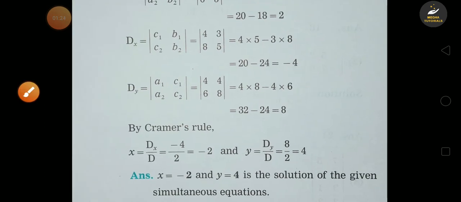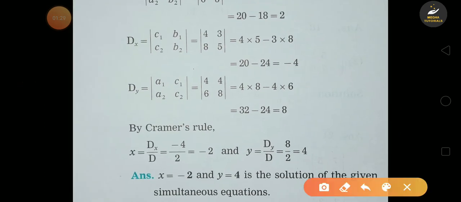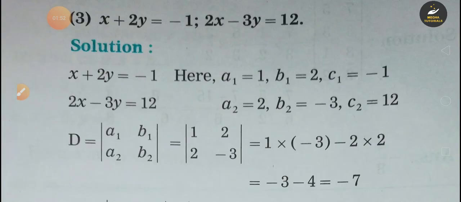Then by using Cramer's rule, we can write x is equal to dx upon d, that is minus 4 upon 2 is equal to minus 2, and y is equal to dy upon d, which is equal to 8 upon 2, which is equal to 4. So x is equal to minus 2 and y is equal to 4 is the solution of the given simultaneous equations. Question 3. Equations are x plus 2y is equal to minus 1, equation 1, and 2x minus 3y is